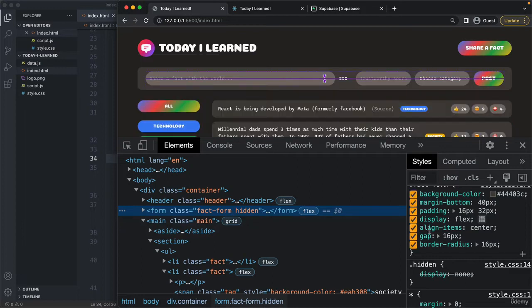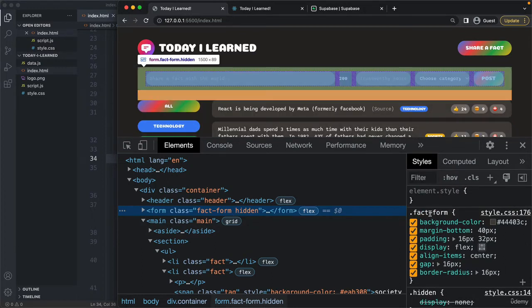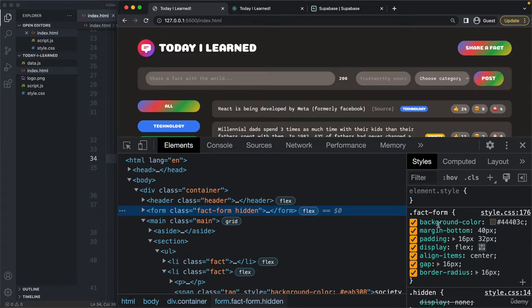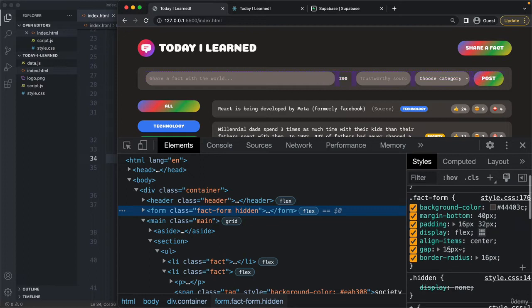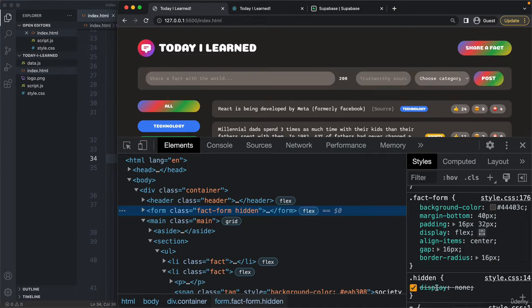So right here, you will see that we have the fact form. So basically the main class for this form, and it has also the display property. So it has display flex, and then we also have the hidden class. And so since the fact form class appears after the hidden, it will override this display none that we added